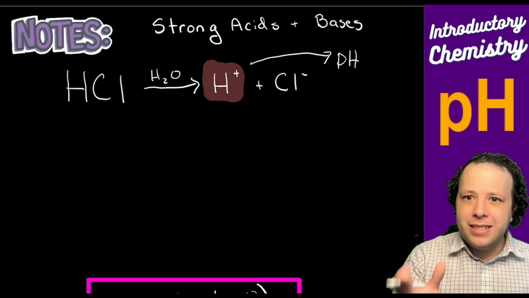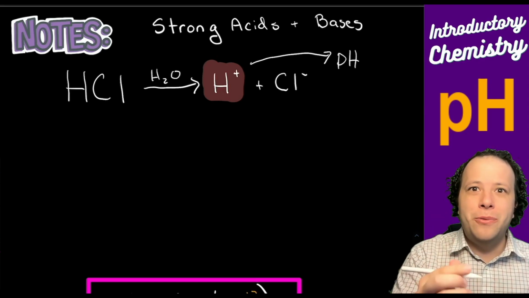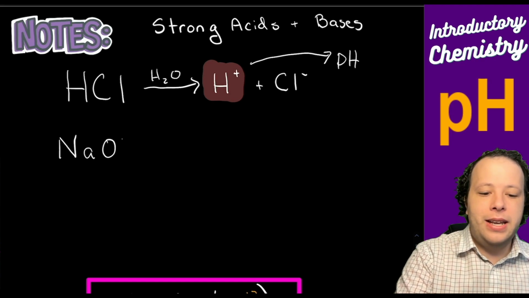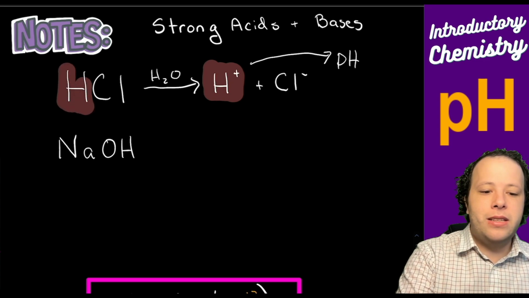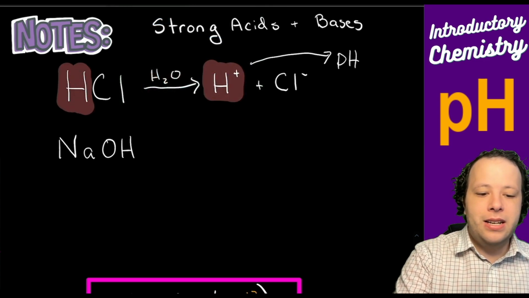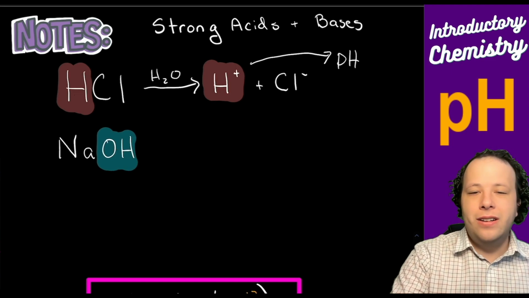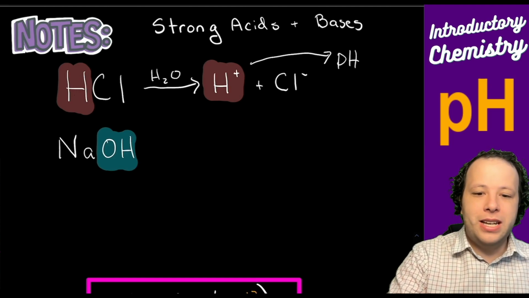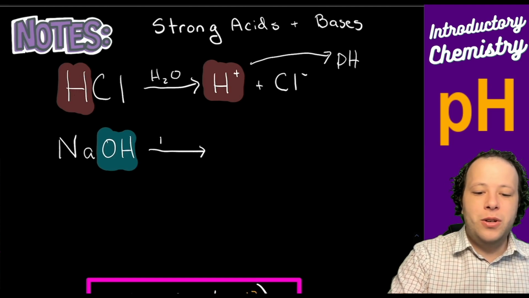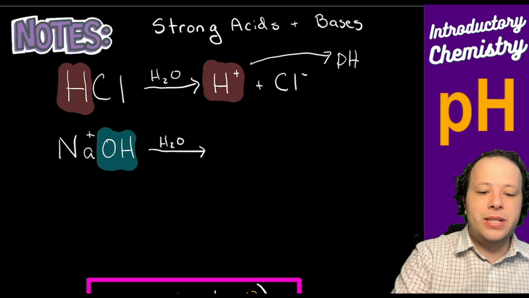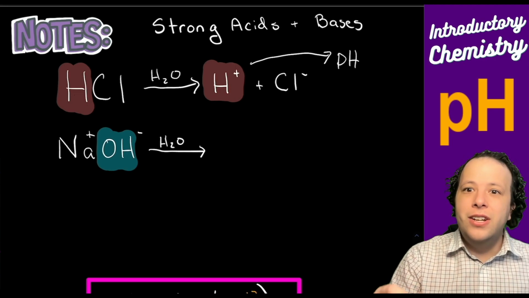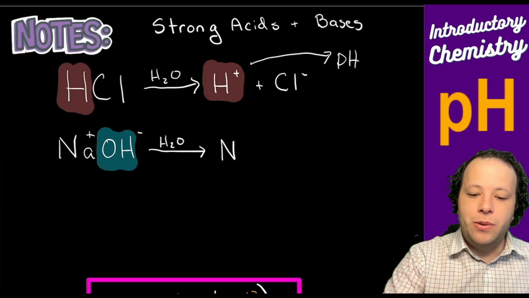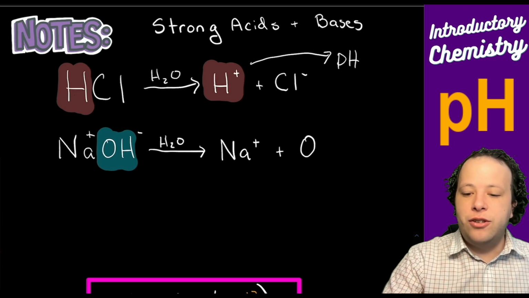Now, when it comes to a base, this is going to be a little bit different. A base is, let's say, something like NaOH. The thing that makes these acids and bases is that it's H and then OH. So OH is really where you see that base characteristic coming from. Once again, when we put this in water, it is going to break down into its two ion compounds. Sodium is going to break off and hydroxide is going to break off as well. So we'll have Na+ and OH-.